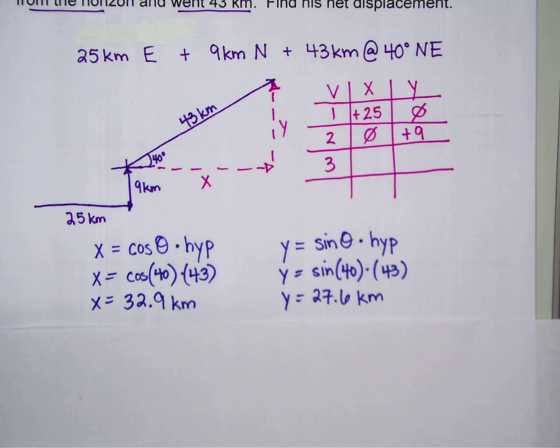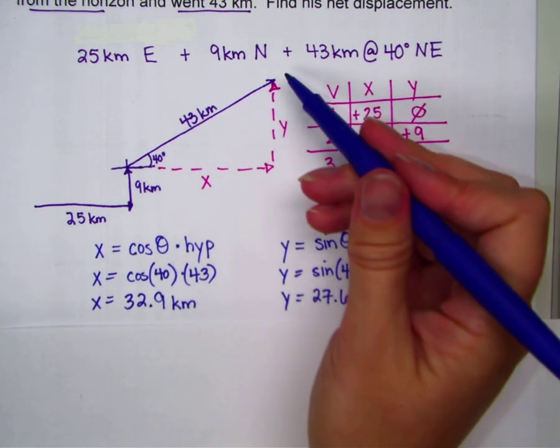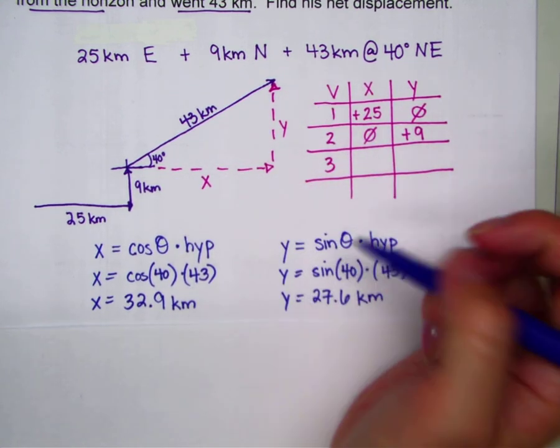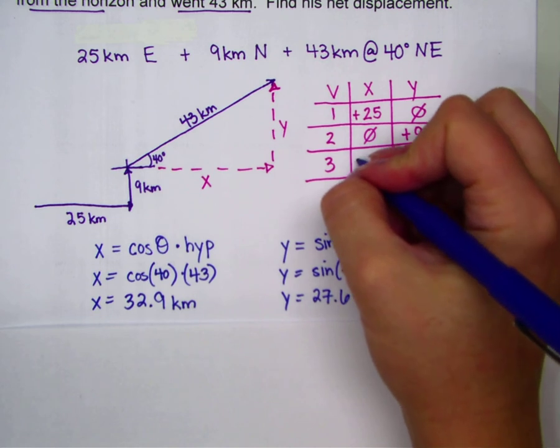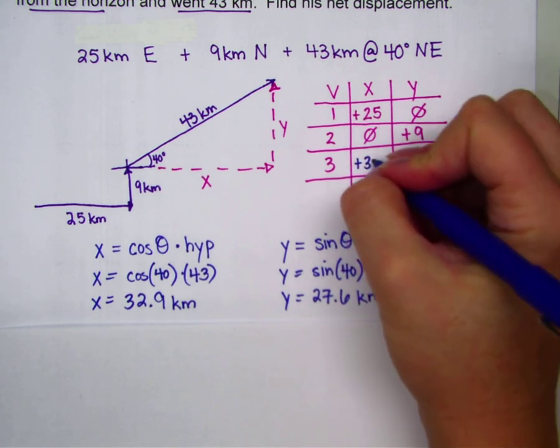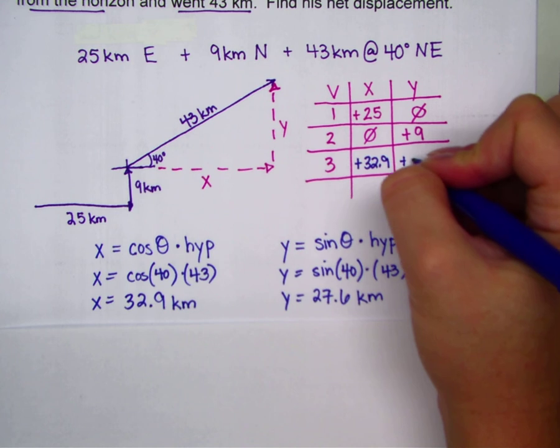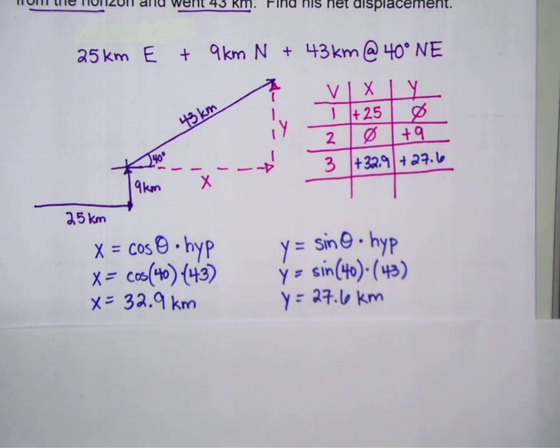Okay, because your x is going to the right and your y is going up, you know that both of those answers should be positive. Once you have your entire table filled in, then you're going